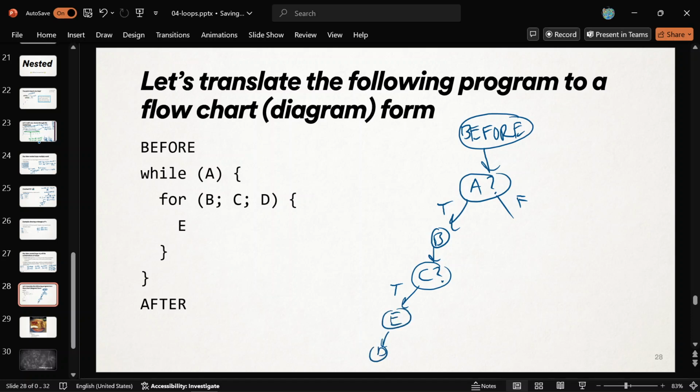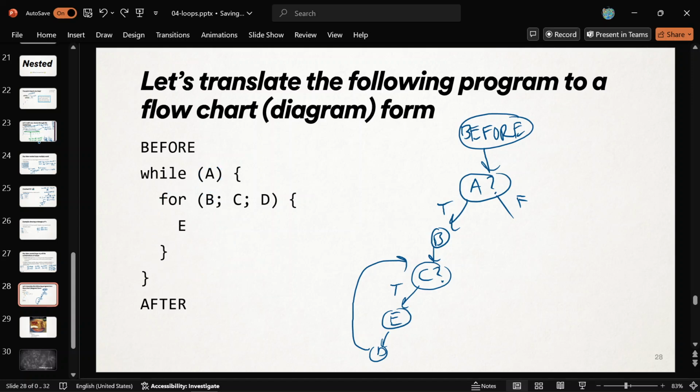And then we always come back to check that condition again. As long as that's true, condition, body, increment. Keeps firing, all right? And then once C becomes false, we are done with the for loop, which completes the body of the while loop. What do you do when you're done with the body of the while loop? You come back to check the condition again, because the while loop is always condition, body, condition, body, condition, body.